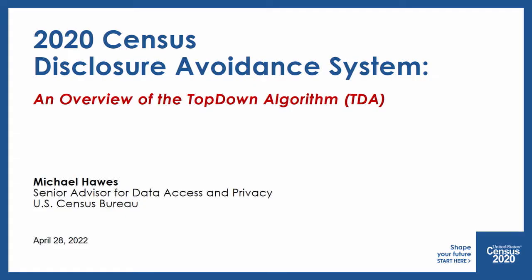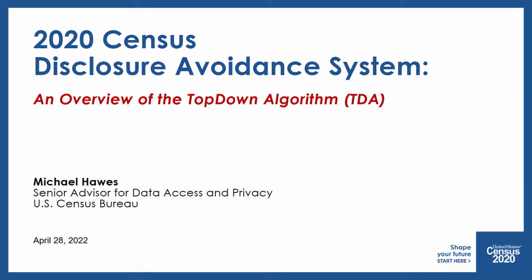In order to understand the noisy measurements file that may be created, it's helpful to understand the basics of how the 2020 Census Disclosure Avoidance System actually works. Now, it is important to know that the disclosure avoidance system is actually a collection of different algorithms that are being used all within the framework of formal privacy to protect the various data products that comprise the 2020 census. The first of these algorithms is the top-down algorithm, which we'll be focusing on today.